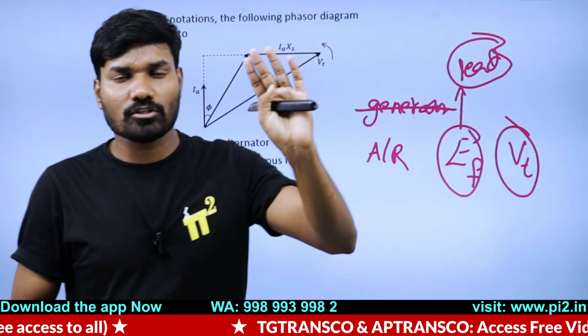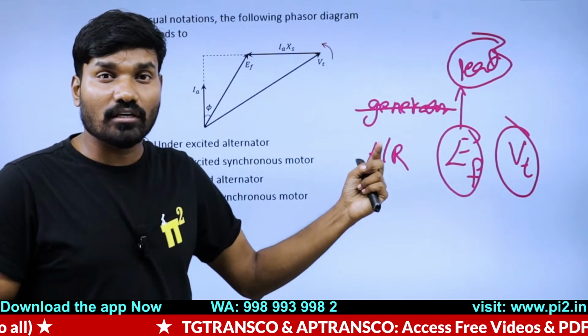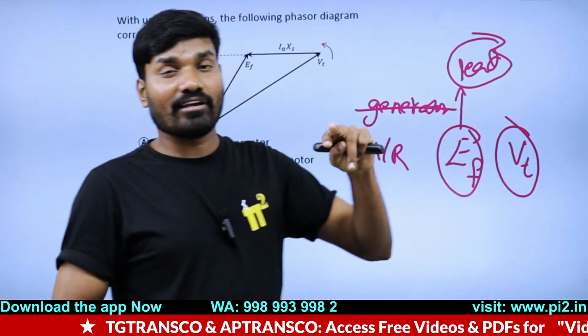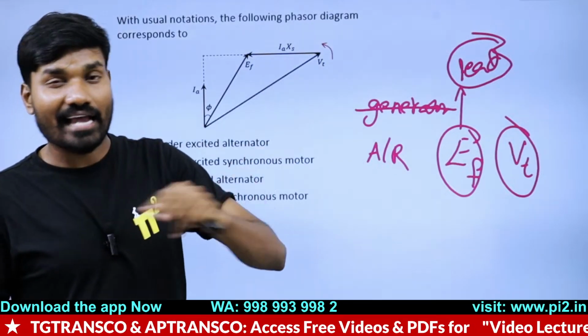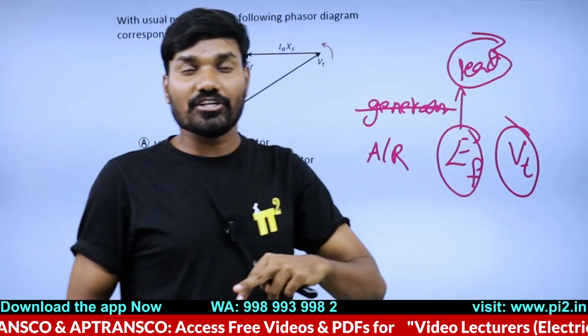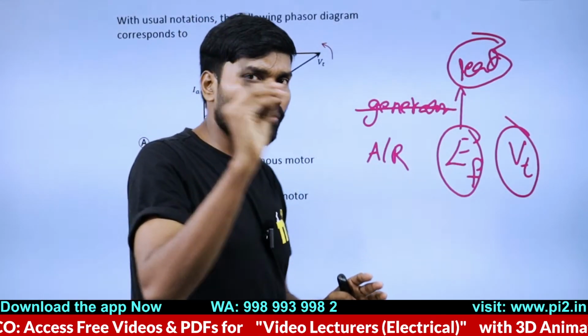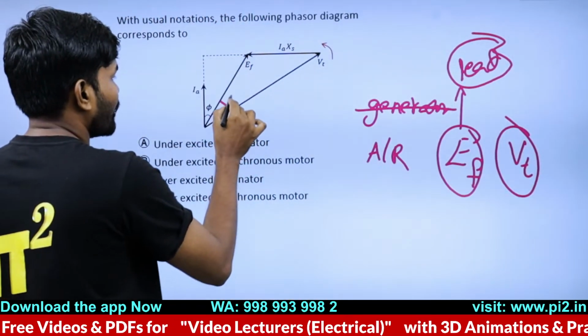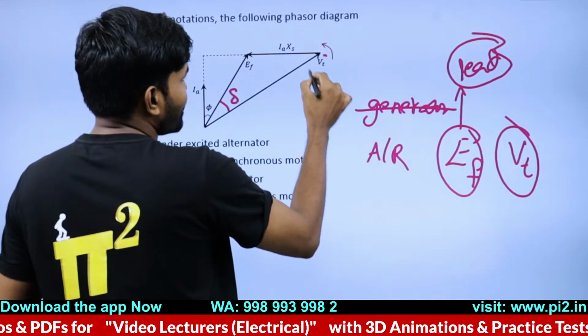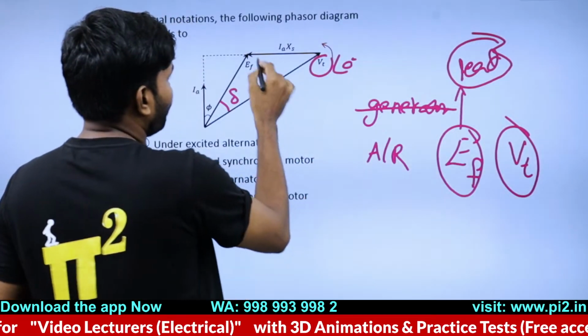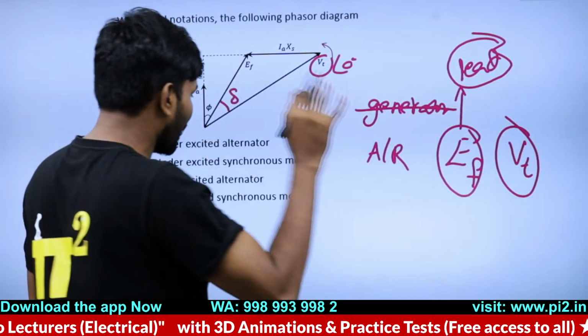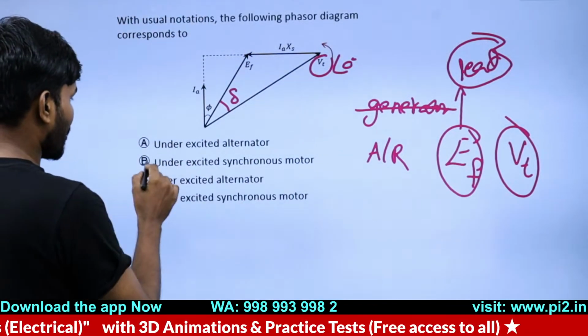Don't think about all of those, because in a synchronous motor you have power factor also having an effect, armature reaction also, leading, lagging, magnetization, demagnetization. The values may be anything. Don't think about the values. Think about only the angle, delta. With respect to this as a reference, EF is leading. EF is leading means alternator. Synchronous motor, wrong.